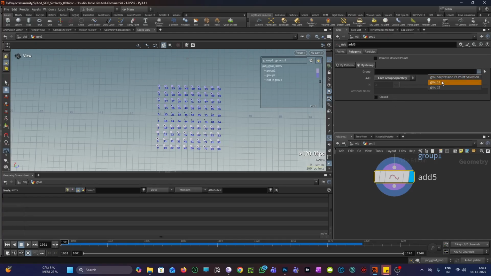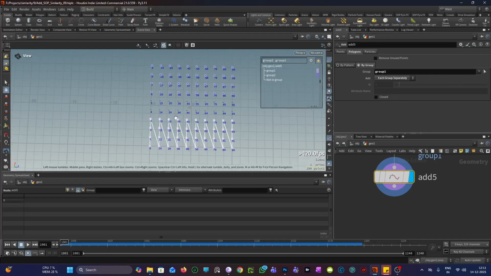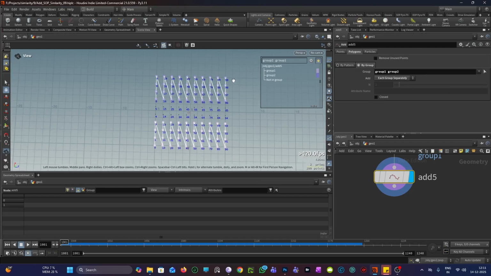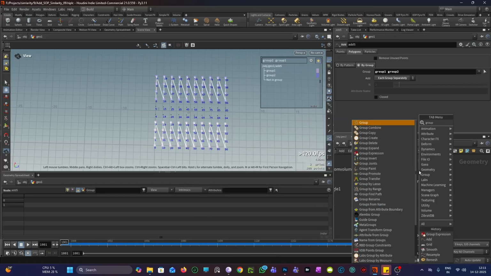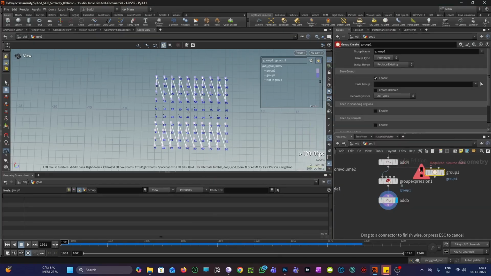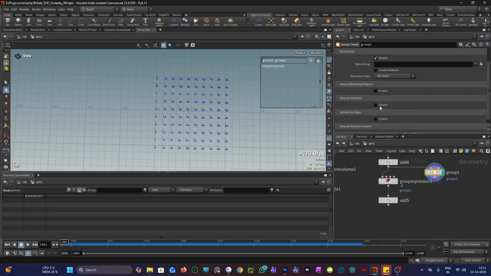So if you set this to group number 1, you can see only the points in group number 1 are connected. But if you add the other group also, see, the points in group number 2 are also connected. So basically we can connect them using the different groups here within the same geometry. So you must be thinking we can create a group like this also if you want. That must also work. We can create something like this if we go,